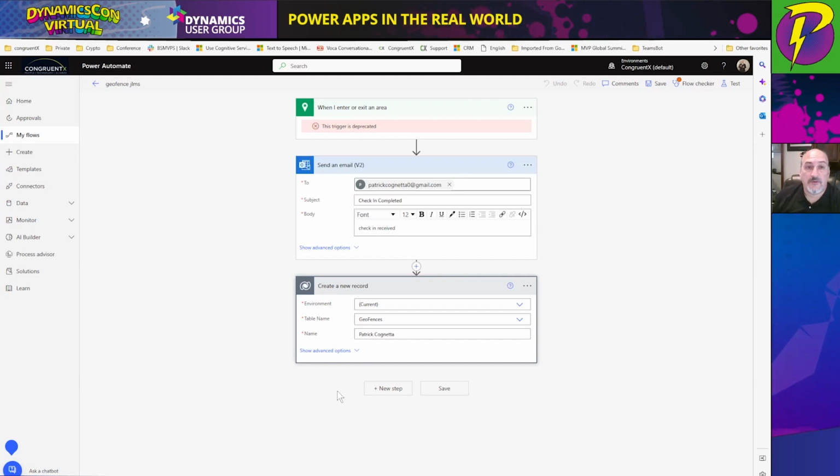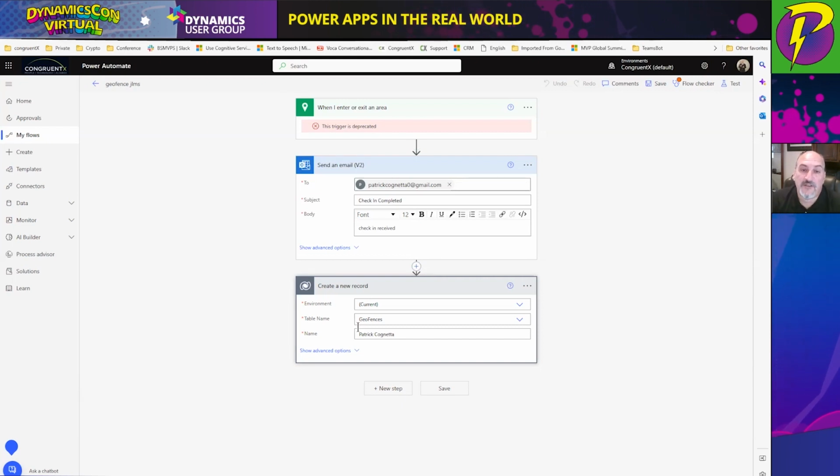Maybe it's the downstream school system, maybe it's their attendance system, or it could even just be a log that she has. But the ability of using a Power App and the other tools like Power Automate, Power BI, and the whole Power Platform gives you the tools to build almost anything that you want to build with very low code.